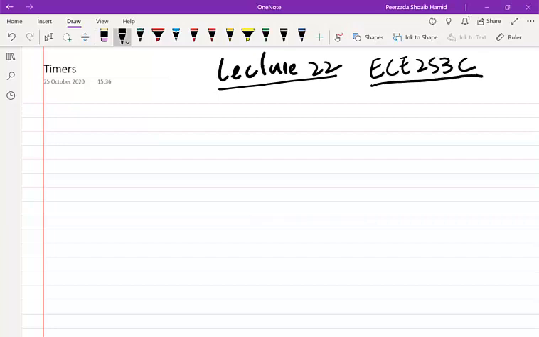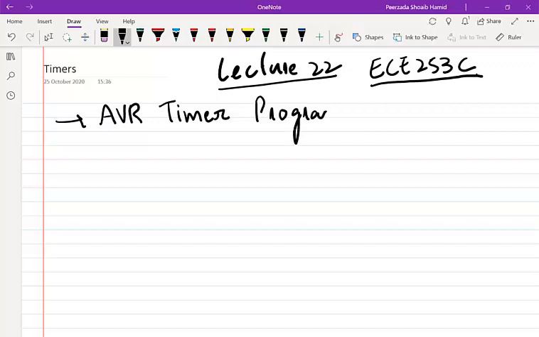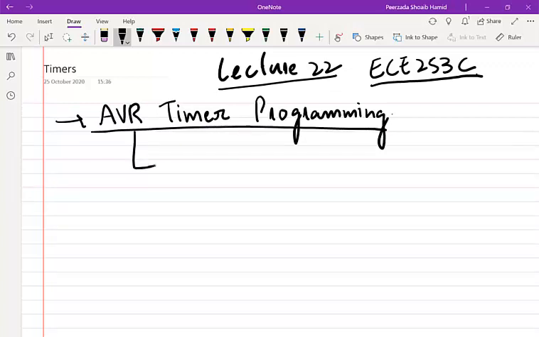Today we will be discussing a very important concept in any microcontroller, that is timers. So we'll be discussing AVR timers, and of course their programming, AVR timer programming. In the next few lectures, we will be discussing timers only. We will be discussing the need of timers,